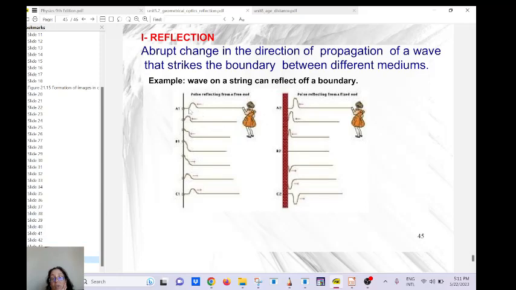Reflection can happen also with strength. You see, you make like a pulse. It's gonna